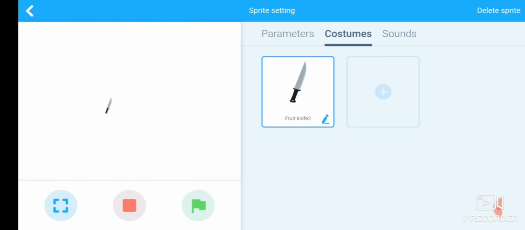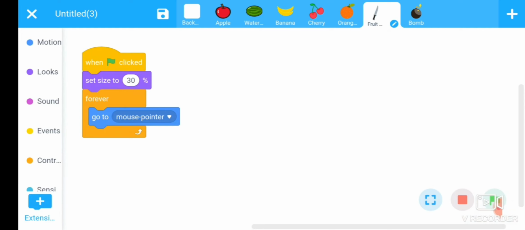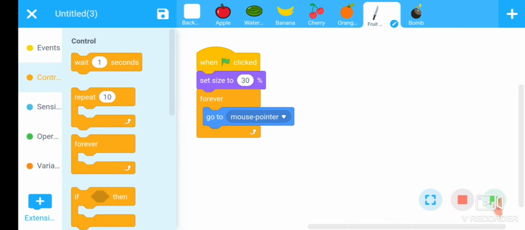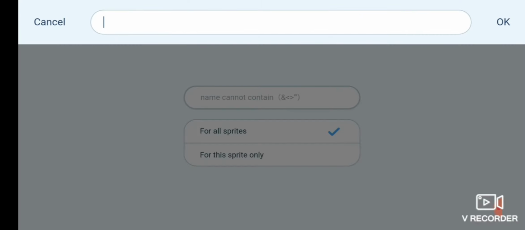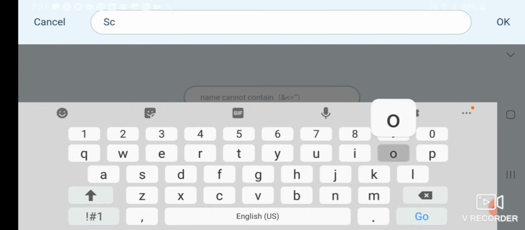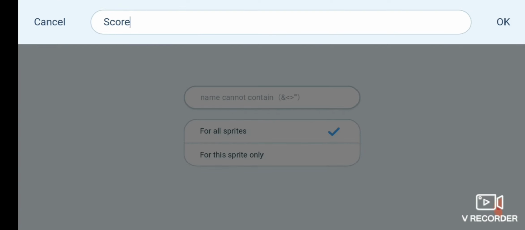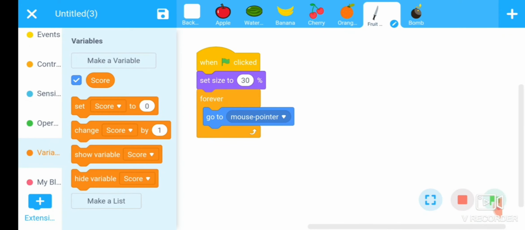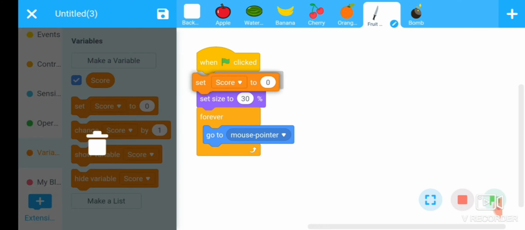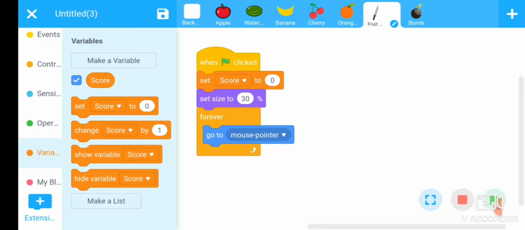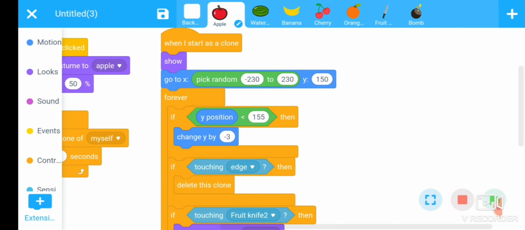Now we will modify our game by adding the score variable. First we will add the score variable here by going to variable section. Add here score. Set its initial value 0. Okay, fine. Whenever knife touches any fruit, our score should be increased by 1.